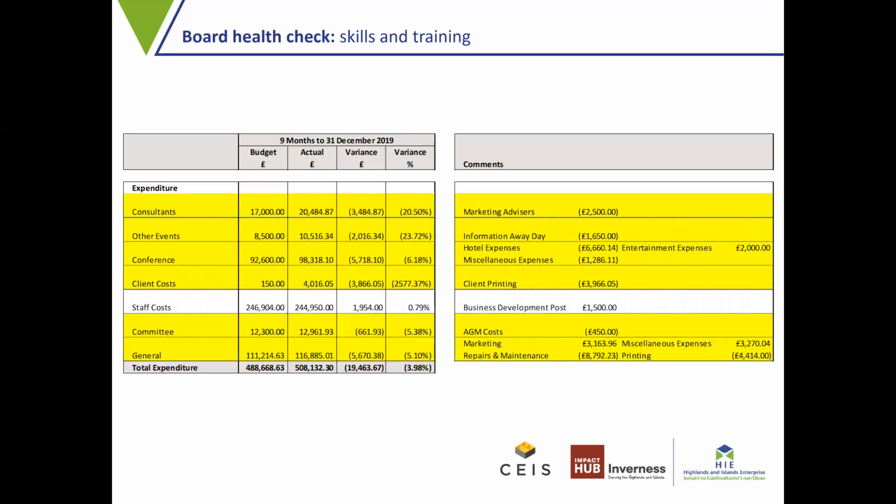So if we consider the next question, where does the money go? We can see that total expenditure for the year was 508,132.30 against a budget of 488,668.63, a variance of minus 19,463.67. Note that the variance column shows this difference as a minus variance, even although the actual total is bigger